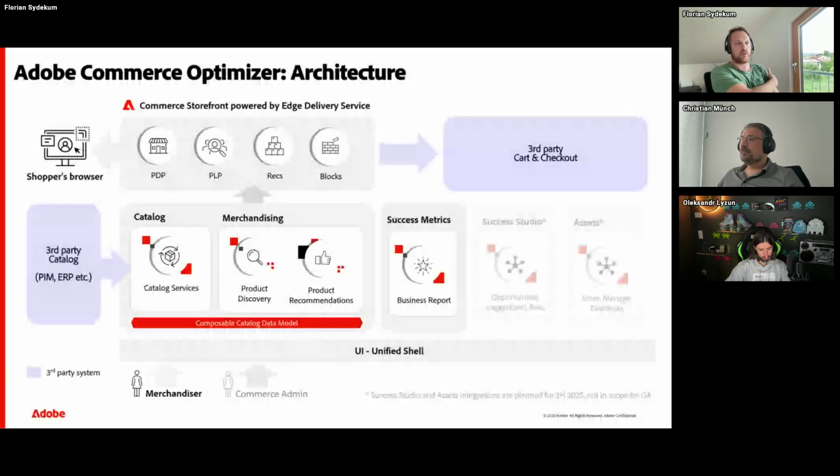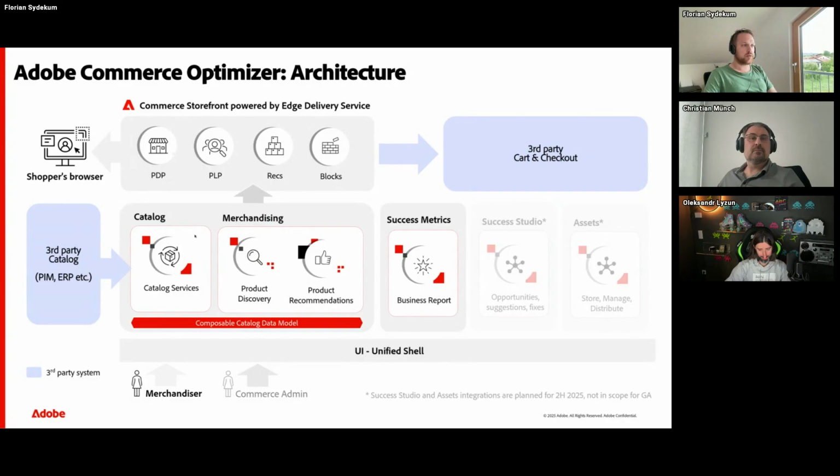Today, we kick off from ACO again. Just a little reminder for everybody who is maybe new or missed the last session where we talked about ACO. Just a little architecture diagram. ACO is intended to be put on any third-party commerce system. You can, of course, use it for your own existing on-prem or cloud system, right? So if you already have a commerce instance, you can use it additionally, but you can also use it for any other commerce system like, I don't know, Shopify, SAP Commerce, or whatever is out there.